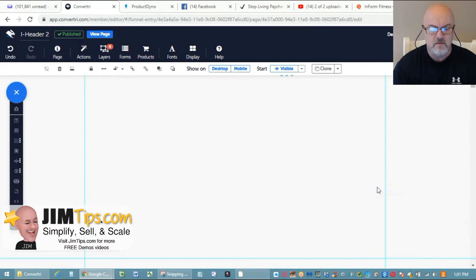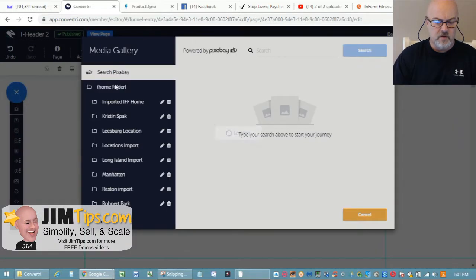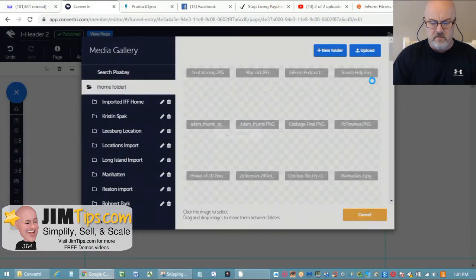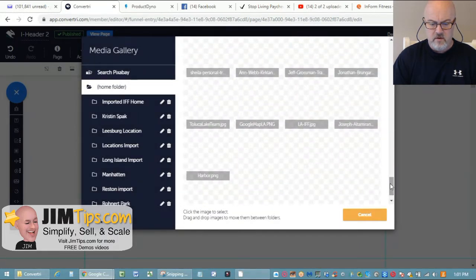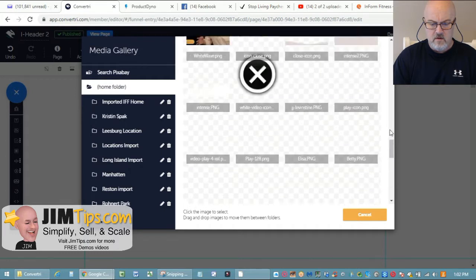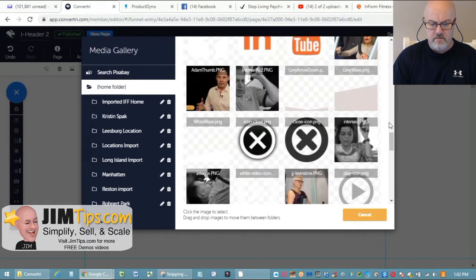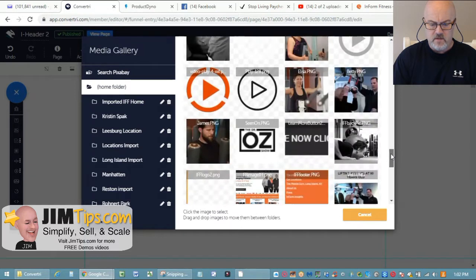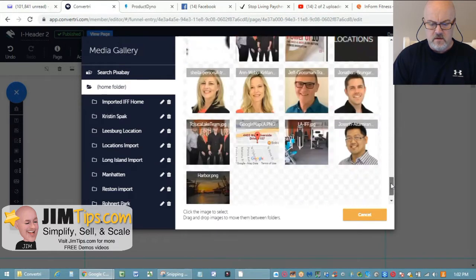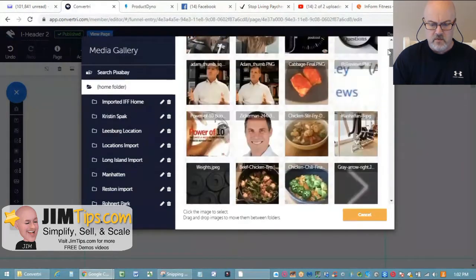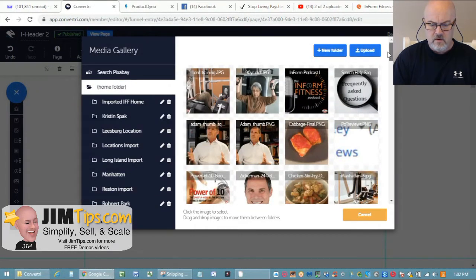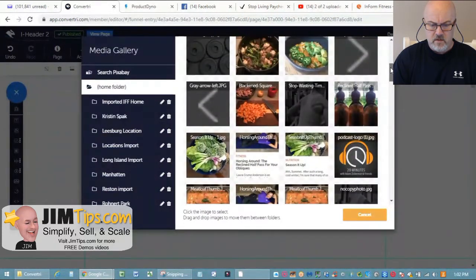Can't seem to find my hamburger menu. Anyway, if you wanted to put in a hamburger menu, let me see if I can find it anywhere here. Seems like my internet's loading pretty slowly. I apologize for that. I don't see the hamburger menu anywhere. But let's say,